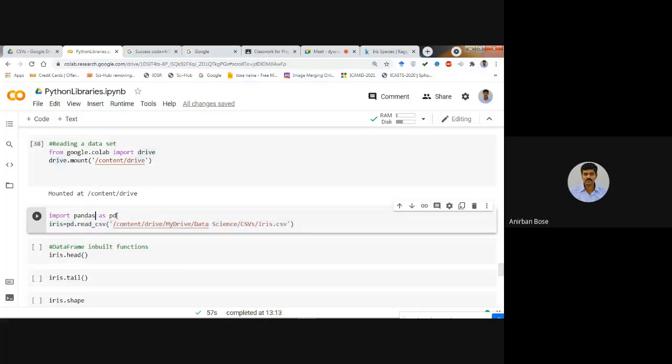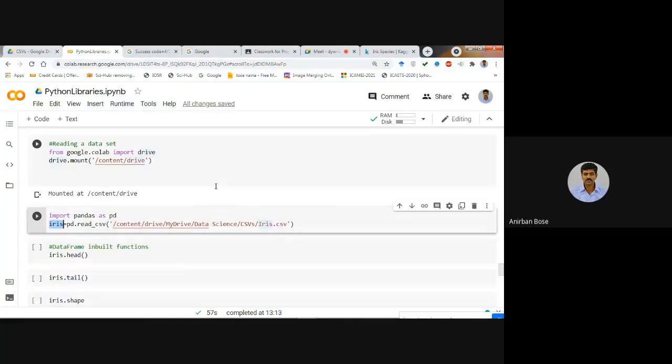So what you have to do then, the command you just write. Already you have written import pandas as pd, so you need not repeat this line again. So you now create a data frame of that CSV.